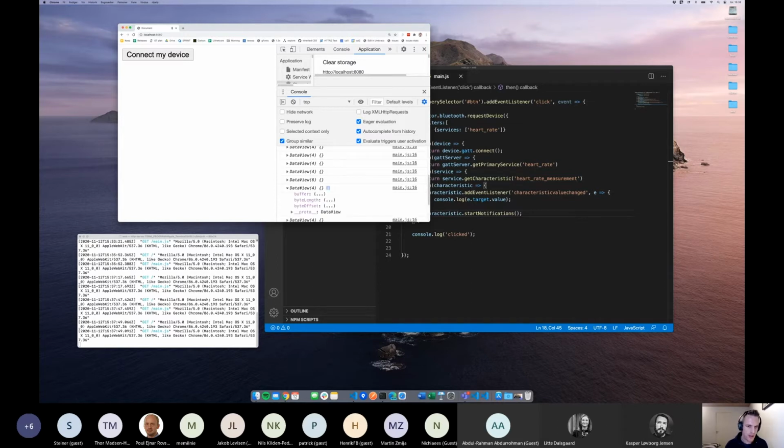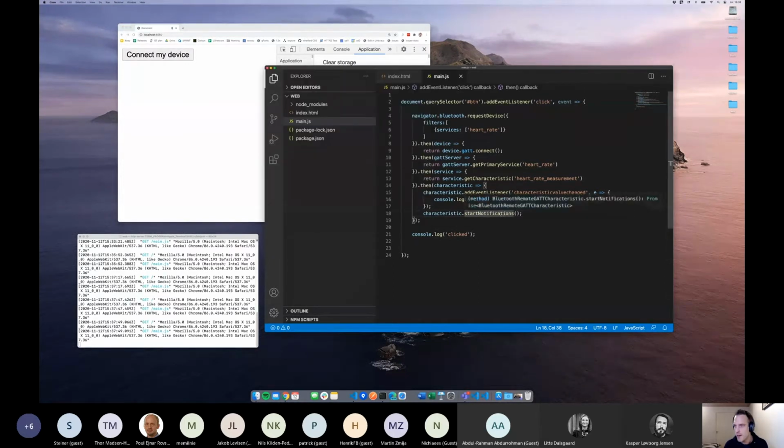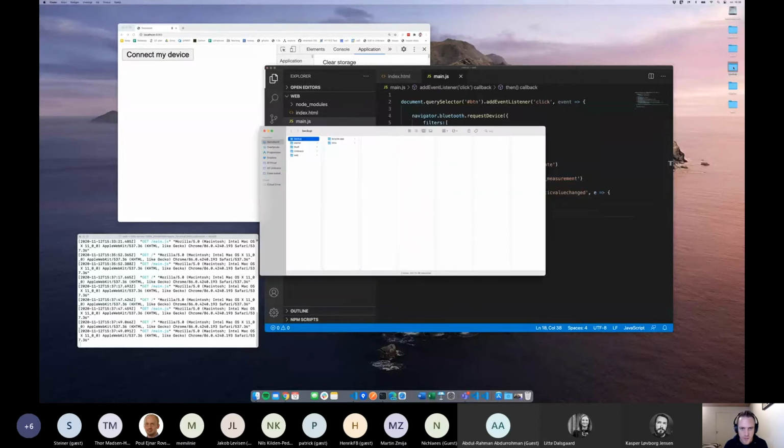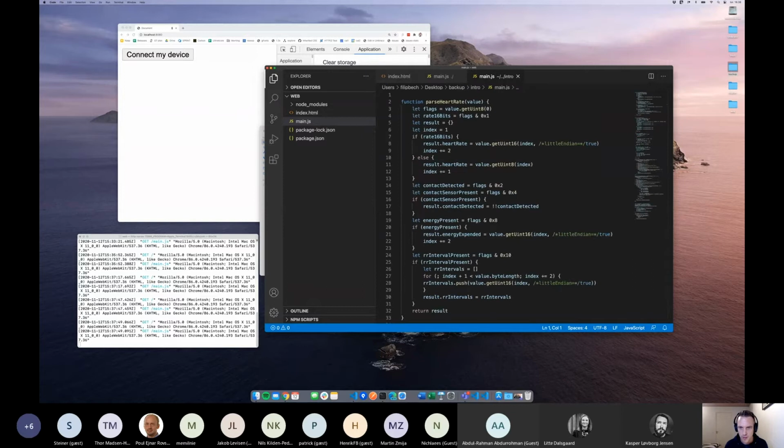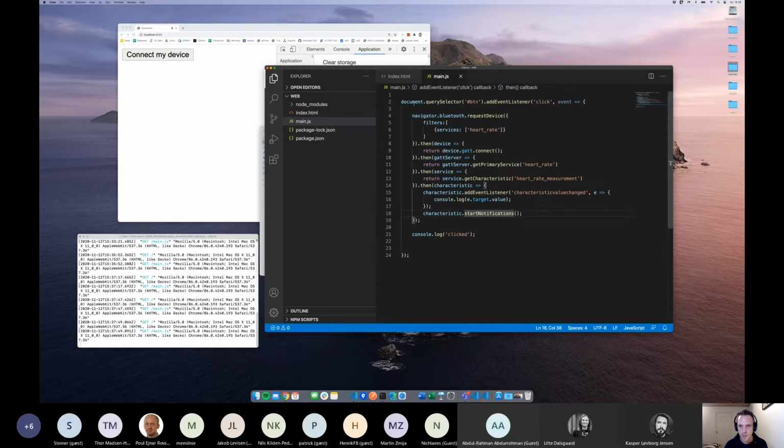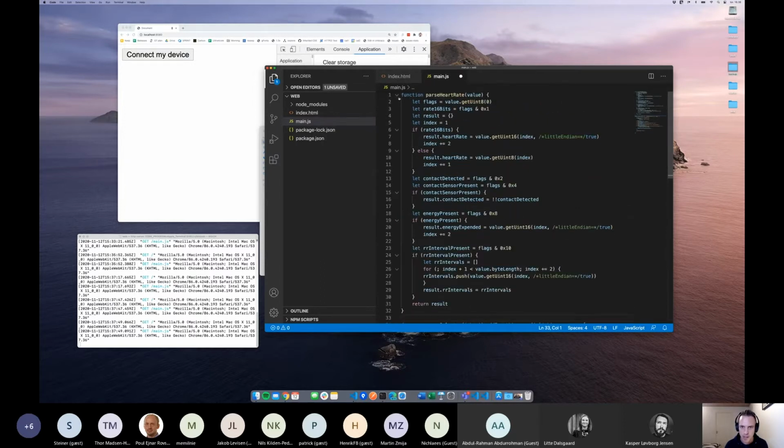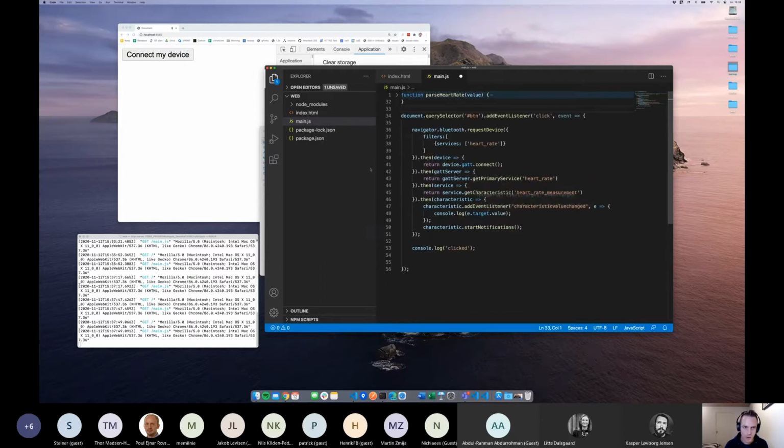Data views are not necessarily human readable right out of the box. So I've actually prepared a little helper, just so you don't have to watch me type this all over. It's a little heart rate parser function that I'll copy paste in. The implementation of that is not really important. You can actually find this code directly on GitHub from the Bluetooth specification side. So instead of